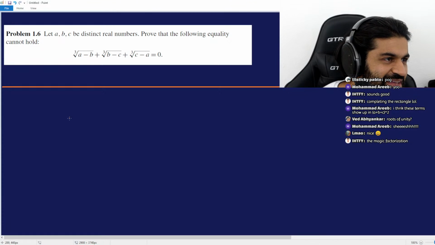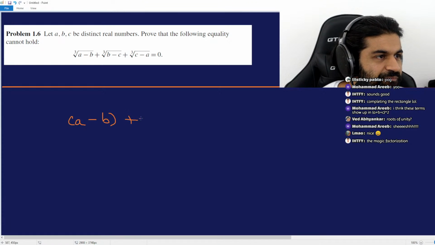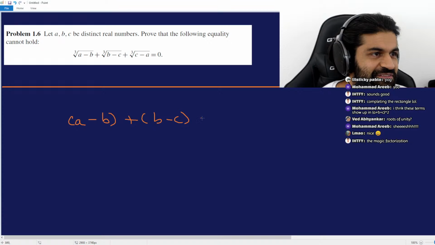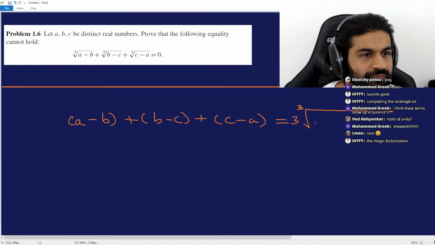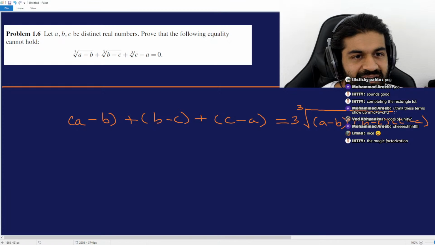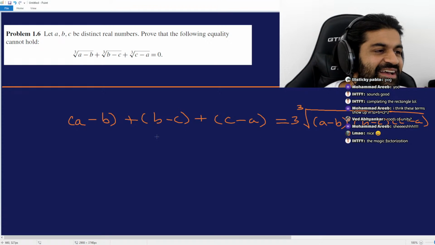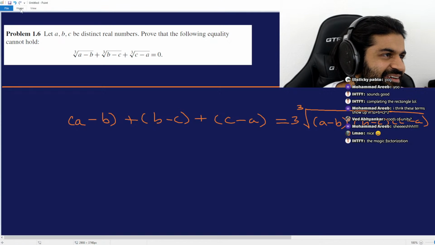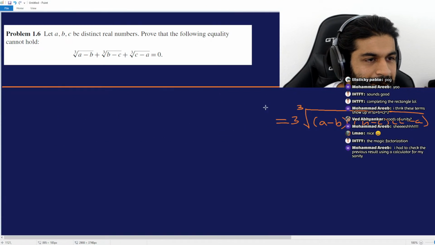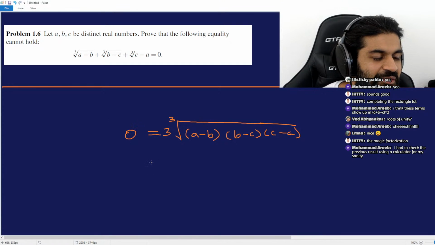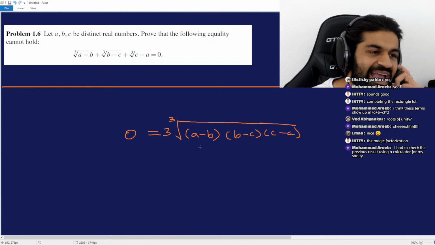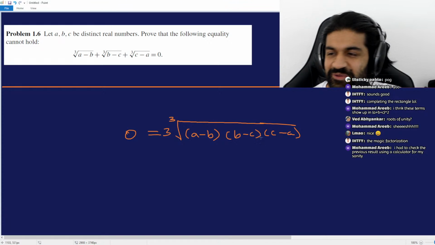So of course, we know immediately that A minus B plus B minus C, which is the cubes of these 3, plus C minus A, is going to equal 3 times the cube root of A minus B, B minus C, times C minus A. Right? Okay. So, but then this is 0. The left-hand side is just 0. Right? So this is, in fact, just equal to 0, which means that A has to equal B, B has to equal C, or C has to